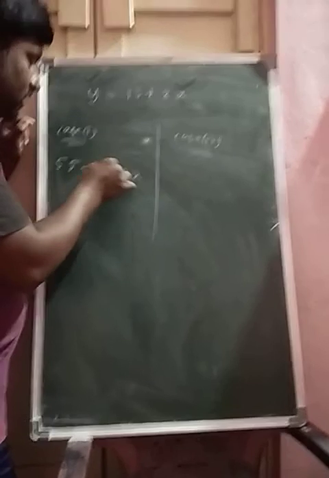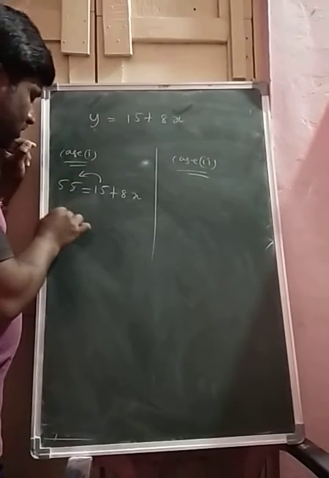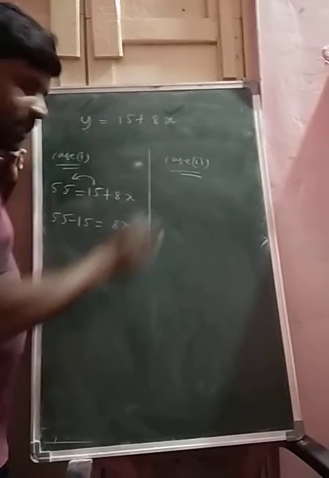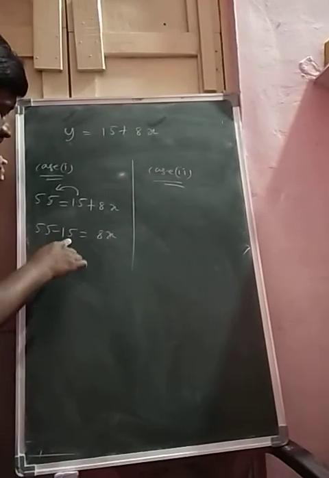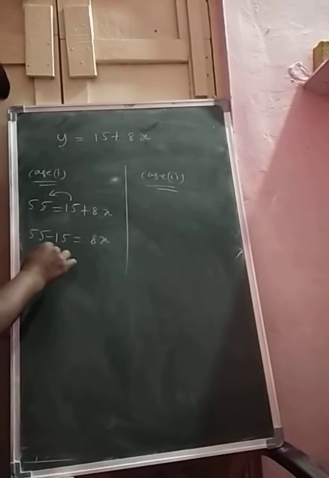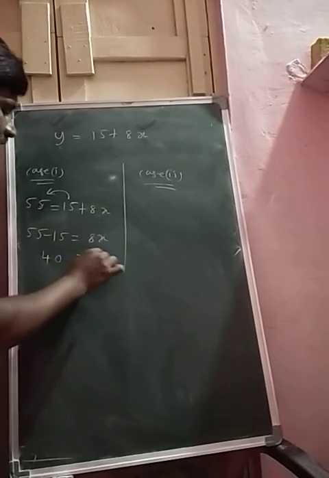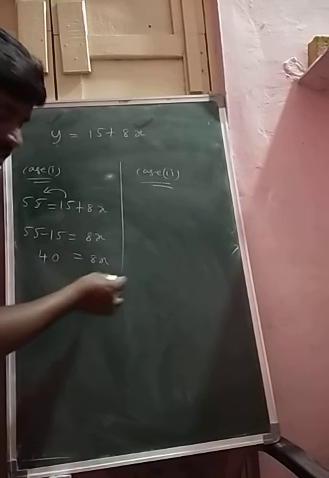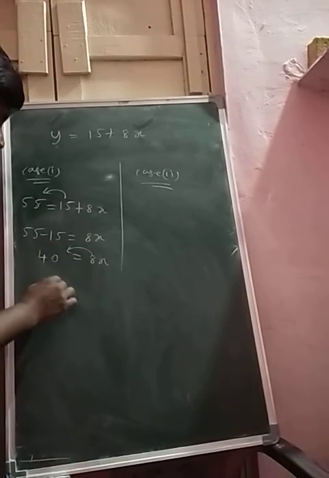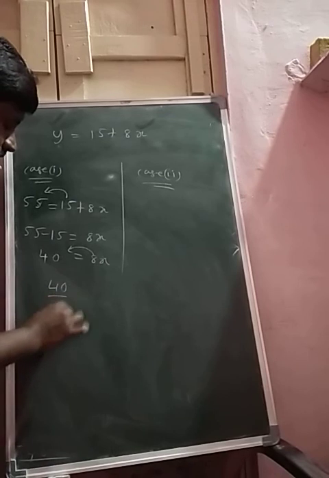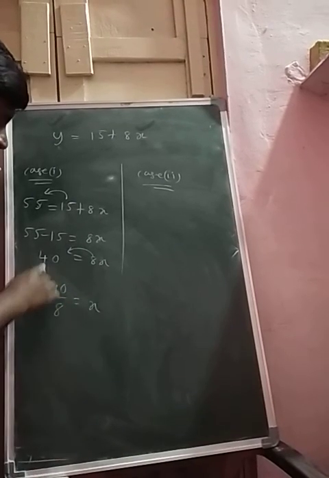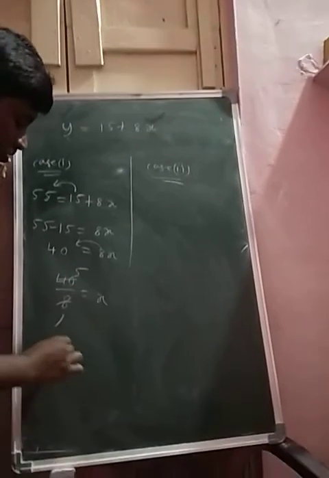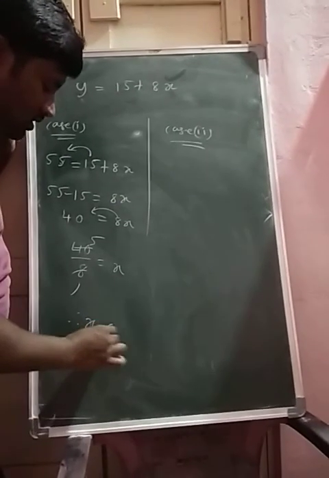I am transposing this 15, then 55 minus 15 equals 8x. 55 minus 15 is 40, so 40 equals 8x. 8x means 8 into x. Transposing to the LHS, it becomes a division quantity, 40 by 8. 8 fives are 40. So therefore x equals